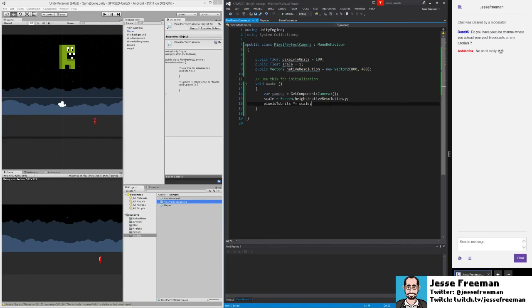So the pixels to units, we're not going to change this for the game. Like our monster is always going to be at the same pixels to units. We actually can't change that value at runtime, but what we can do is change the camera size. So we'll do camera.orthographicSize, and here we're going to make it equal Screen.height divided by 2. The reason we're dividing this by 2 is that we need to get this width right here, which is the halfway mark. Then we're going to divide this by the pixels to units